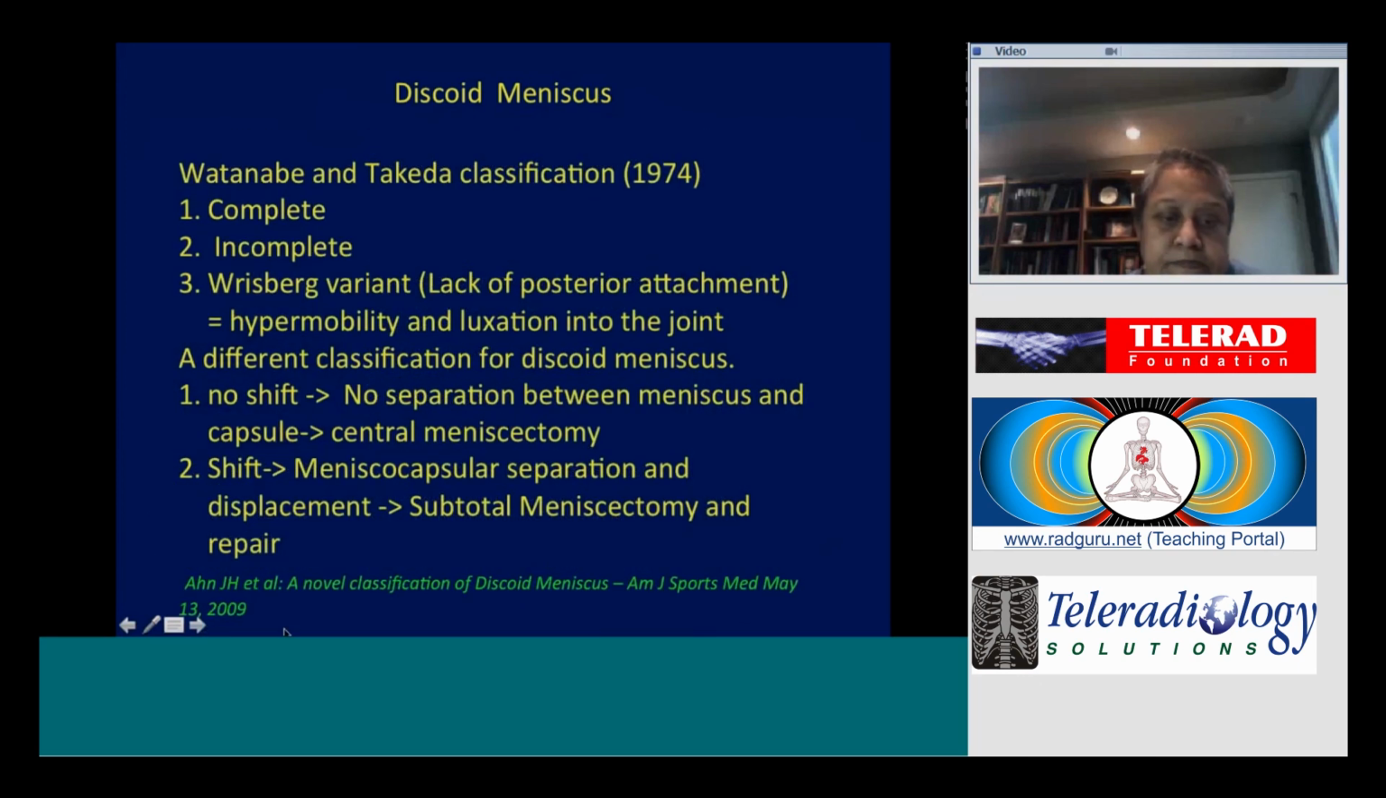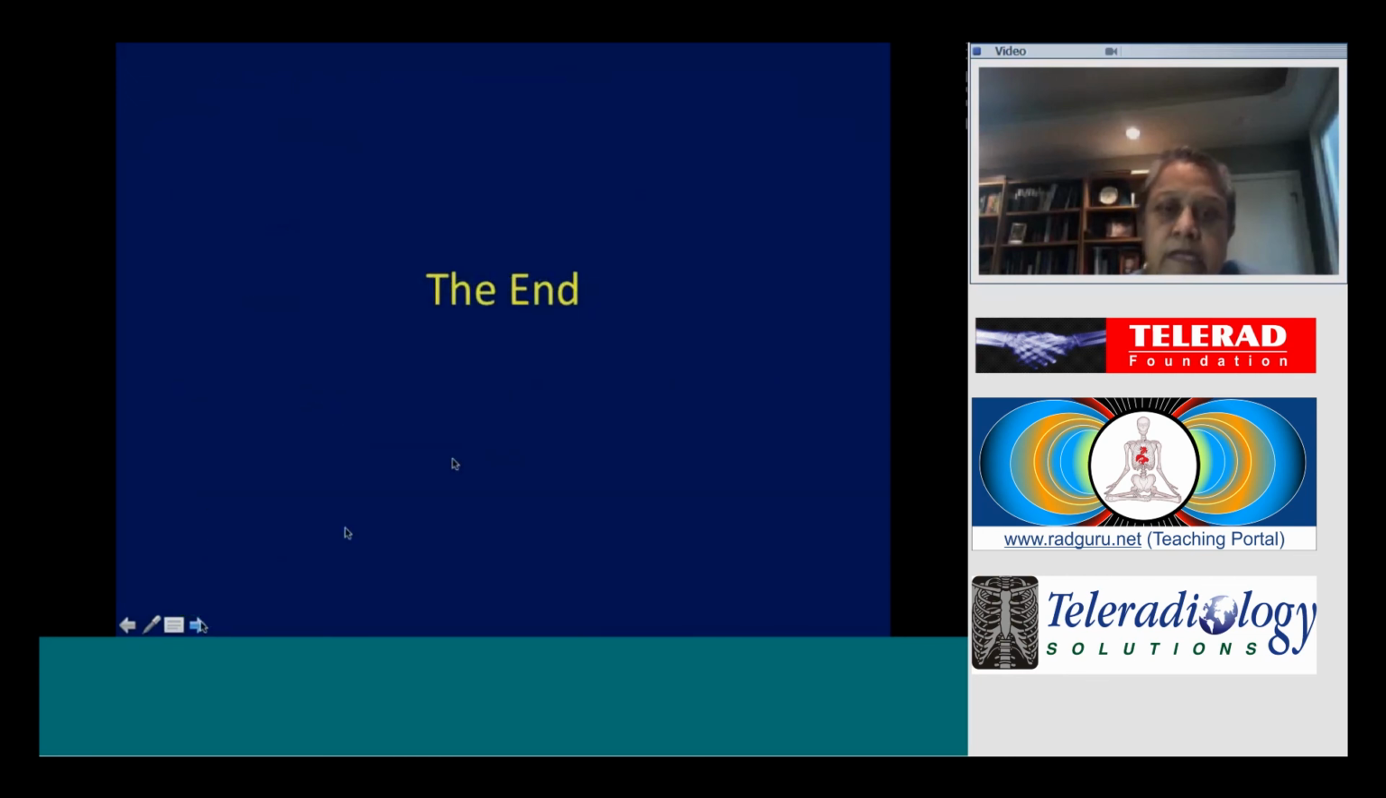Again, as I said to you, the Watanabe and Takeda classification: complete discoid meniscus, incomplete, and you have the Risberg variant. So we have discussed now multiple ways of the tears as they present, and the pathology of a meniscal cyst, and the discoid variant. When you're looking at a meniscus, you have to look at its configuration, the signal intensity,